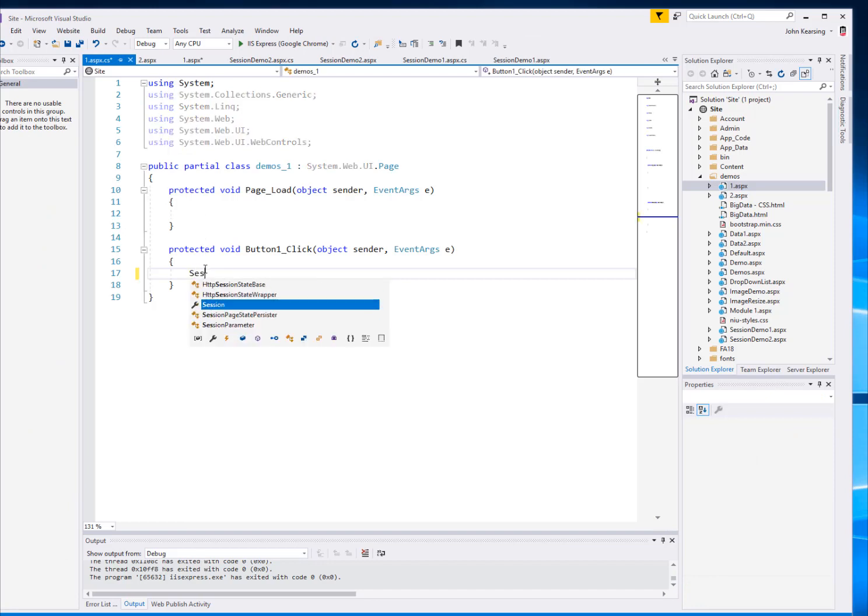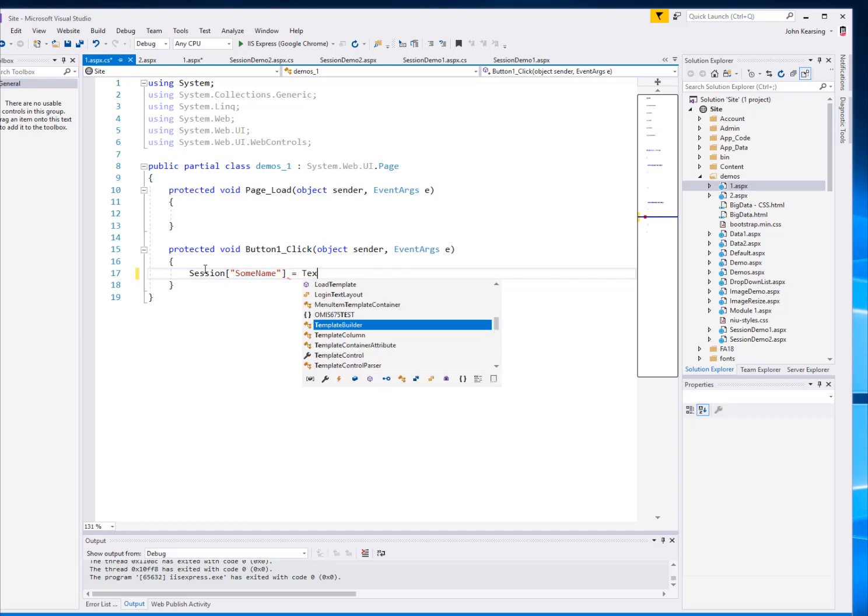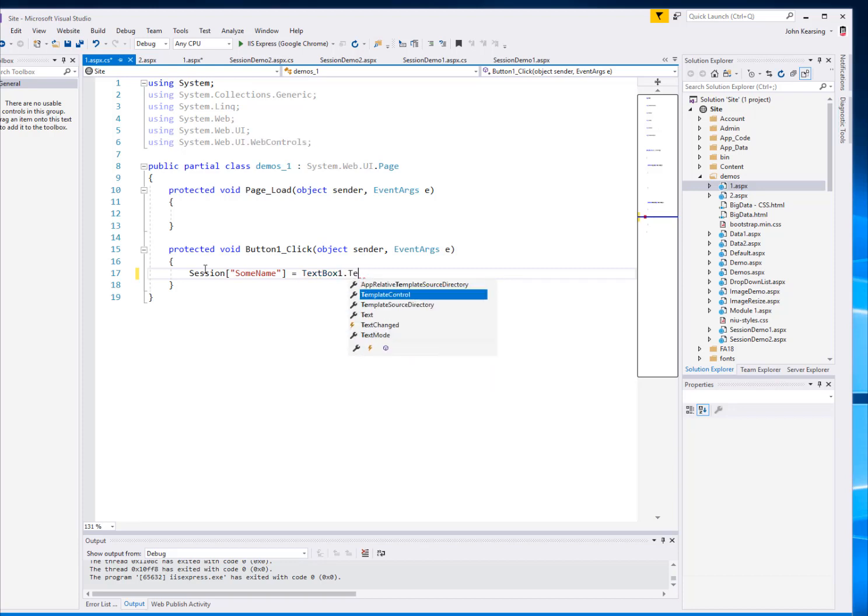and here is where we set the session variable by typing in session, left bracket, and then some name, anything we want to call it here. We just have to remember what we called it, and we want to set it equal to what's in the text box, capital T. So that will set the session variable,